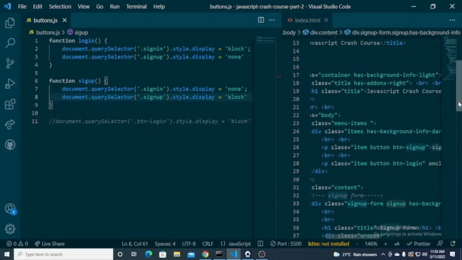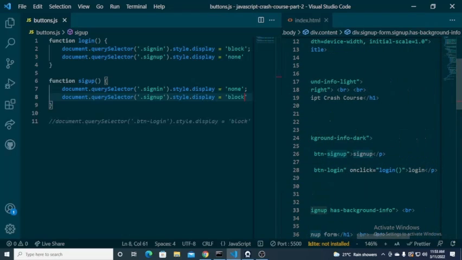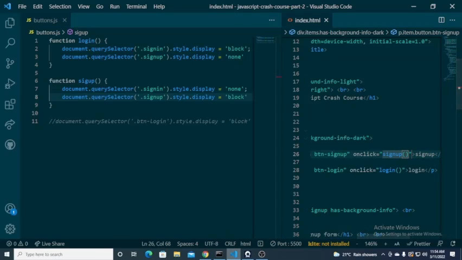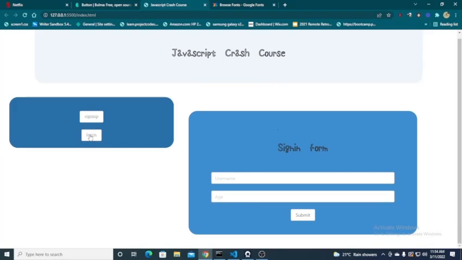And then what you need to add is on those two buttons, right? The onclick event listener, the onclick attribute, because we are working with the HTML side. So we're gonna just say sign up, and then that is there. And then if you go to the browser and then click on sign up, nothing happens because it's the actual form that you want to display. And then if you click on the login, that has to be hidden from the user. And then if you click on the sign up,